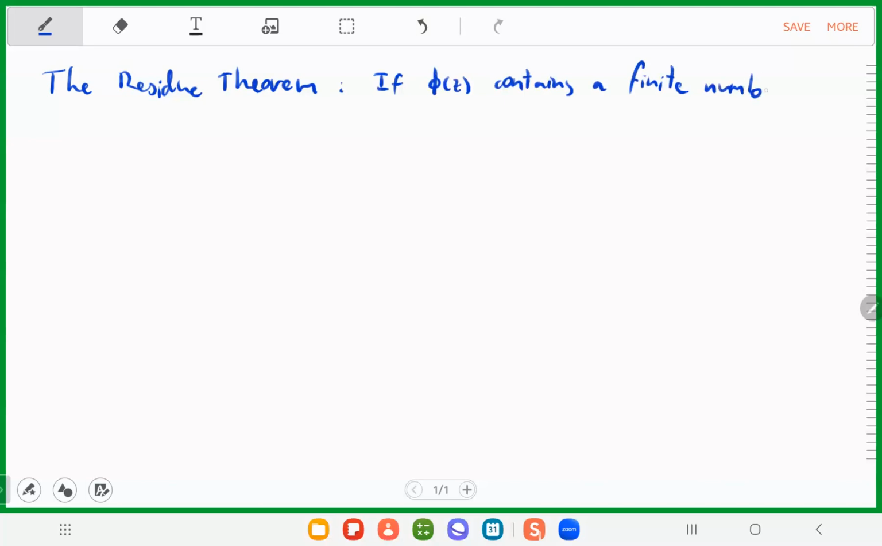Let's start with the last thing we saw last week, if I remember correctly, the residue theorem. So let me repeat it here. I know we didn't see it yet, but let's say it like this. If a function contains a finite number of isolated singularities,